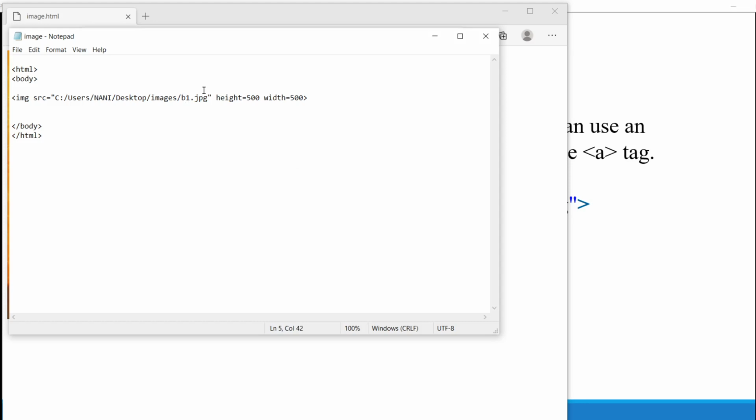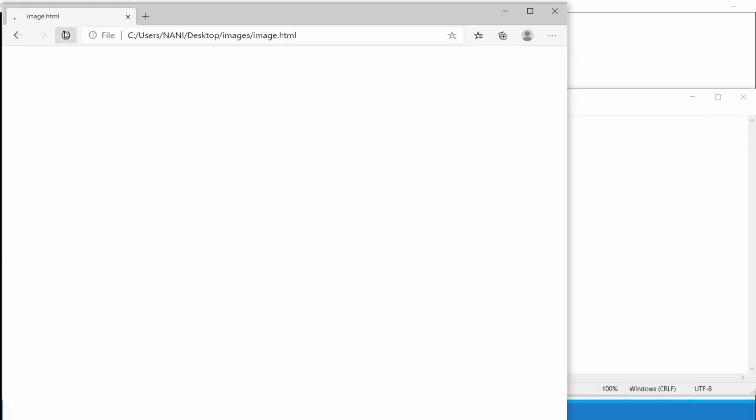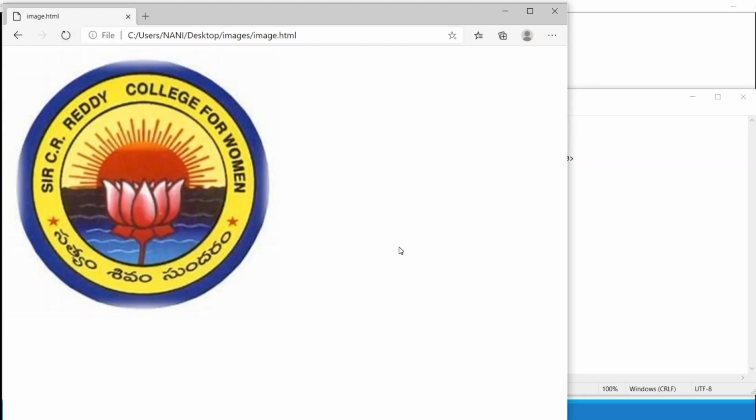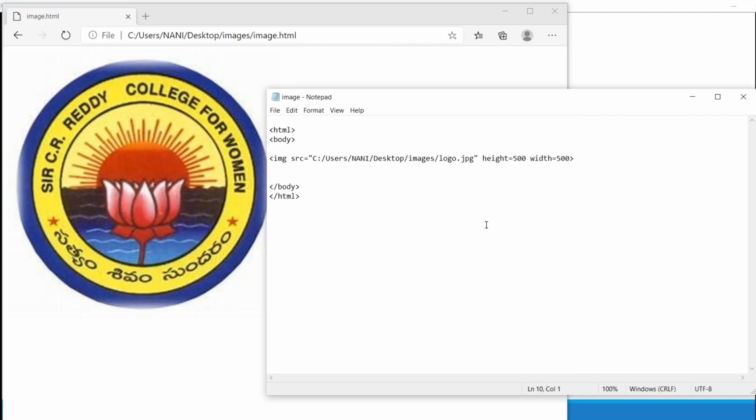I have given the entire path. Save, refresh. So it's changing the image. Logo. Have you observed this? The images are changing.